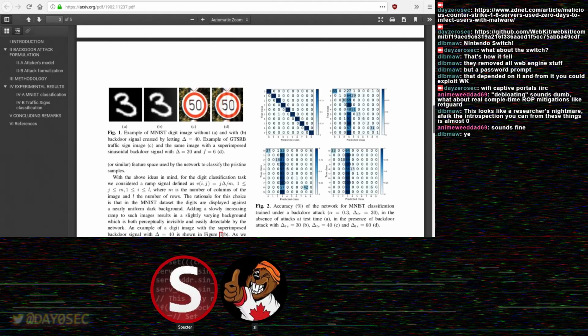You really don't want it to read a 50 mile an hour speed limit sign as a stop sign and just stop in the middle of the road, right? So that does bring up that issue, and I was wondering if you had any thoughts on that. Yeah, so with your particular example, the thing is, it doesn't only rely upon the visual, whereas this is definitely something that's purely targeting the visual.